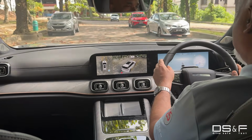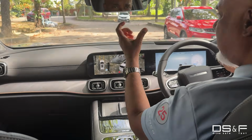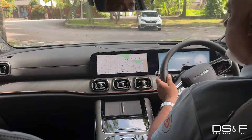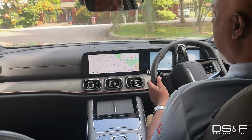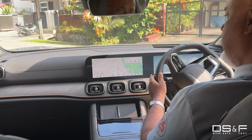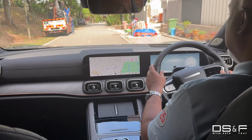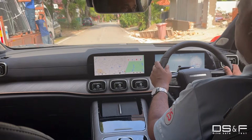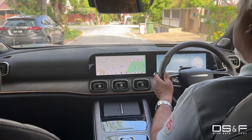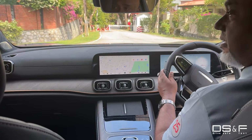Light, easy to use steering wheel. Okay, some of you might say, oh, it's too light for me. But that's only some of you, because the rest of Malaysian drivers all want light steering wheels. We all want it, because we're sitting in traffic all day. Even if you're on the highway, it's speed sensitive, so it's fine. But the most important thing is it's light, it's easy to use. Even a person of age who's got a little bit of arthritis, a little bit of muscle pull like me, you'll find it easy to use, no problem in traffic. One-hand driving, which is not advisable, is still possible. I'm talking about people of a certain age. Anyway,